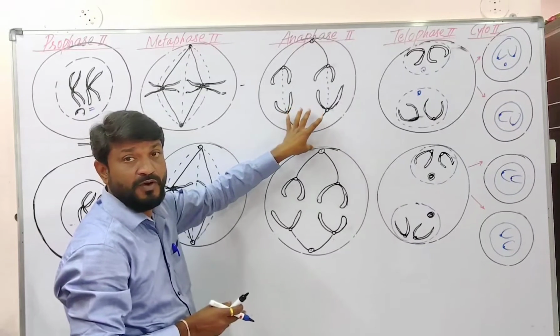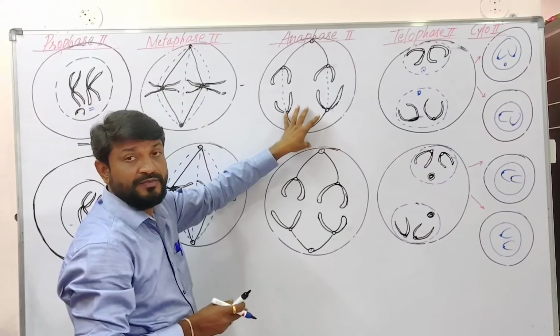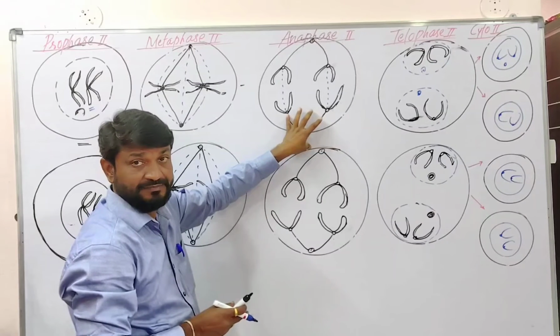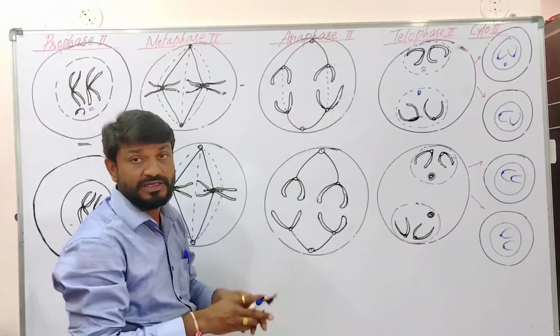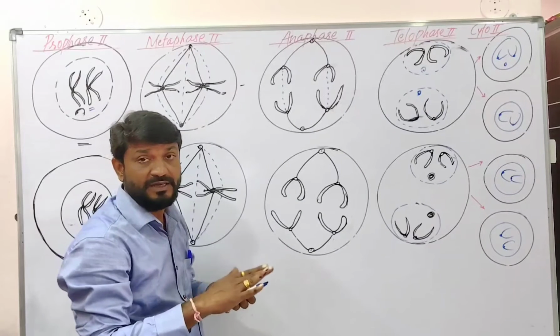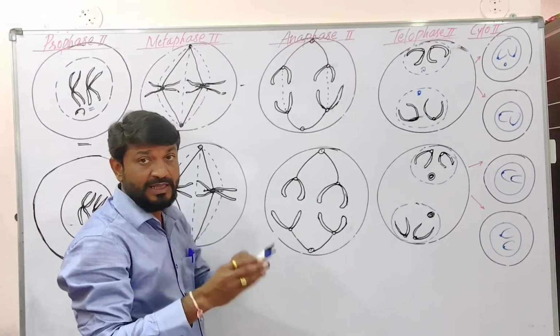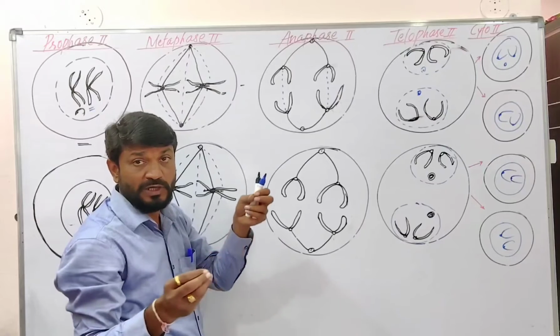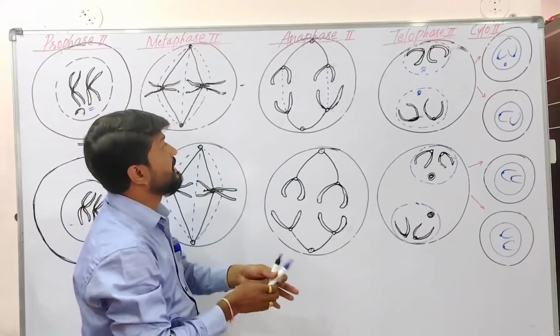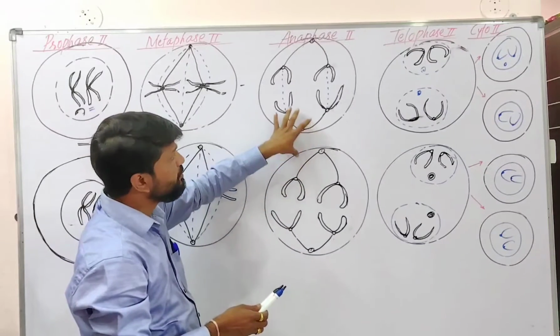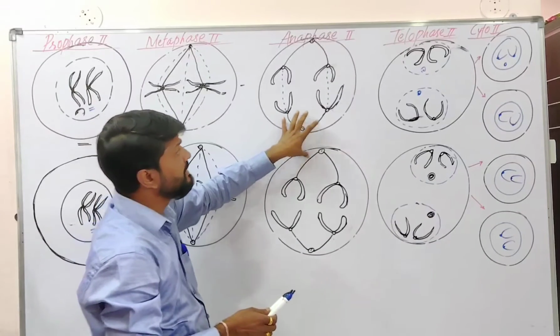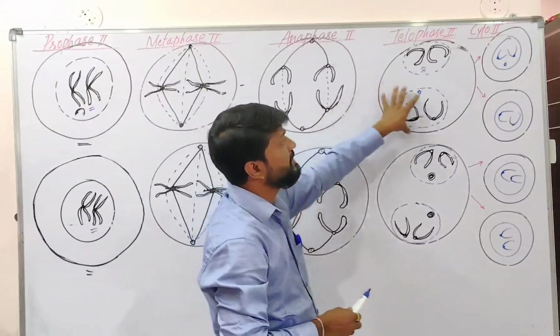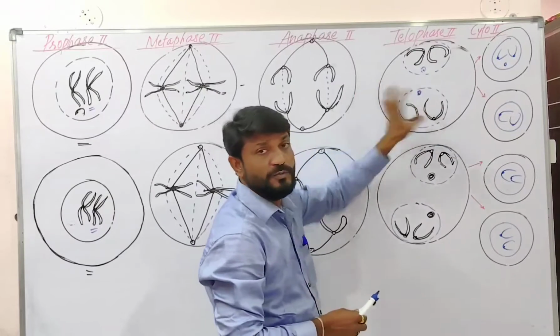It will differ from anaphase of meiosis 1. Okay. So we know in meiosis 1 there was no splitting of the centromere. Okay. The entire chromosome moved toward the opposite pole. So that is anaphase 1. Both the cells will undergo anaphase 1. After anaphase 1, students, there will be anaphase 2 and telophase 2.